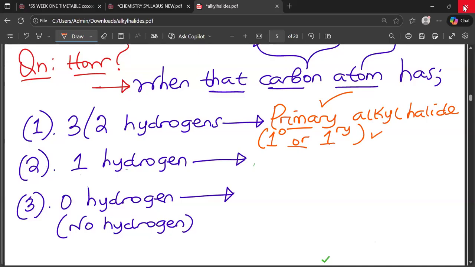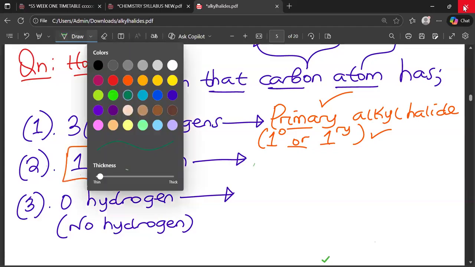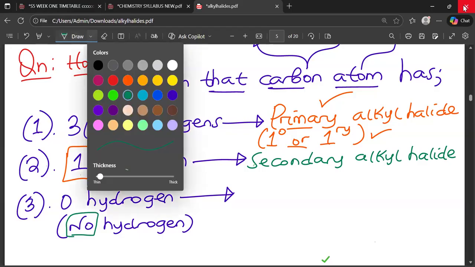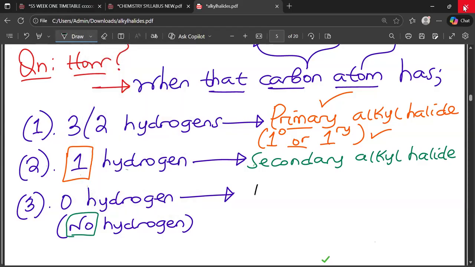That's how they write primary in science. If it's having only and only 1 hydrogen attached to it, of course, that one is what they call the secondary alkyl halide. And then when it has no hydrogen, completely no hydrogen,